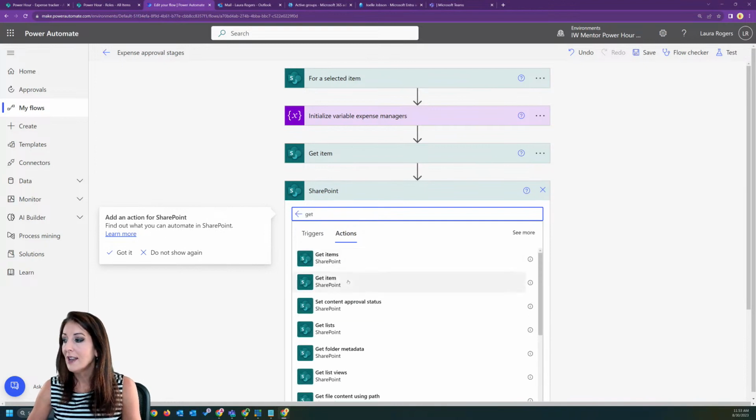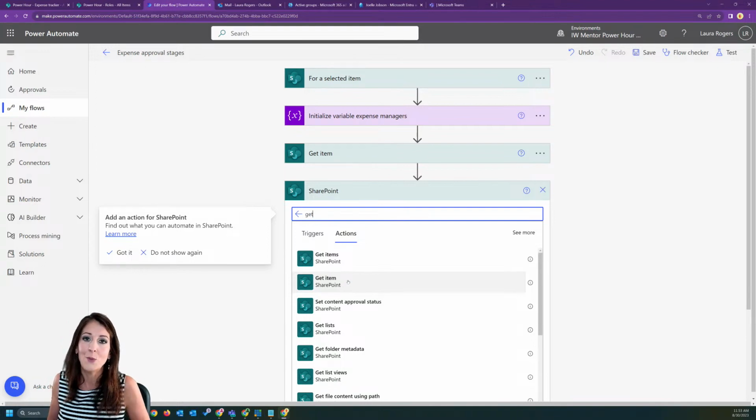Now, in my case, I just have one approver. I just have one item. I would think that I would just use the get item action. You can only use the get item action if you know the ID. And I don't necessarily know, I mean, obviously it's ID 1 because I just created it a minute ago, but